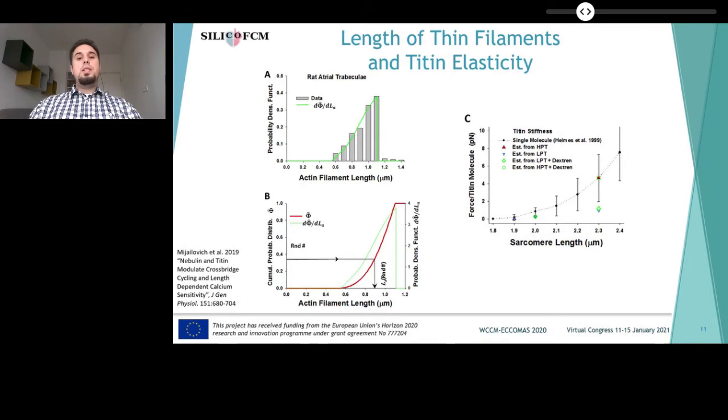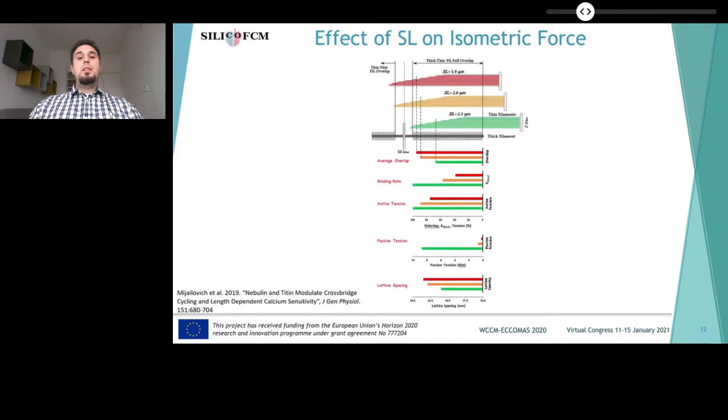The nonlinear elasticity of titin molecules is calculated in MUSICO using the experimental curve of Helms et al. observed in cardiac muscle, which is shown as black symbols with bars in panel C. In the same panel, the red triangles are estimations for wild type from Cazorla et al. at 2 sarcomere lengths. The effect of different sarcomere and thin filament lengths simulated with MUSICO in isometric conditions shows